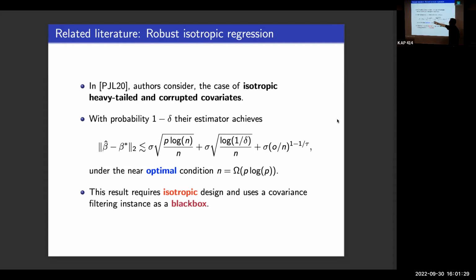But anyway, this is how it looks, the kind of results we're trying to reach. This is optimal in terms of the statistical accuracy, sub-Gaussian deviation, and the dependence on outliers. So what we're trying to do is reach something similar to this under sparsity of beta, which I will talk about in a second.